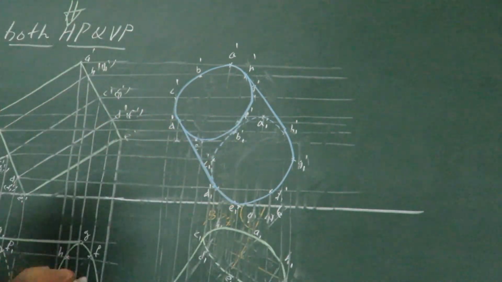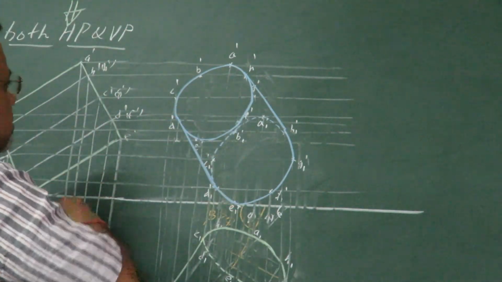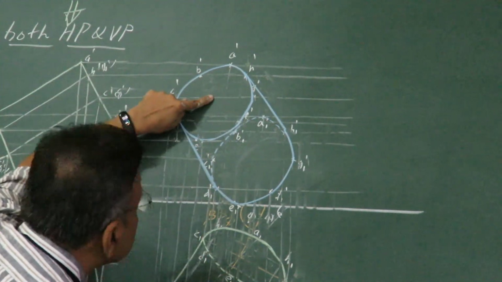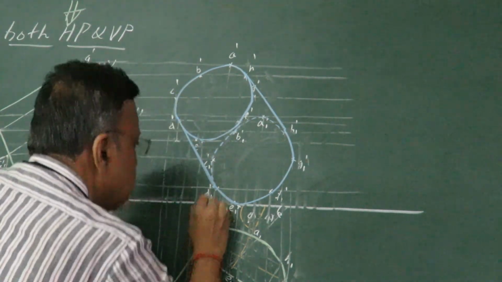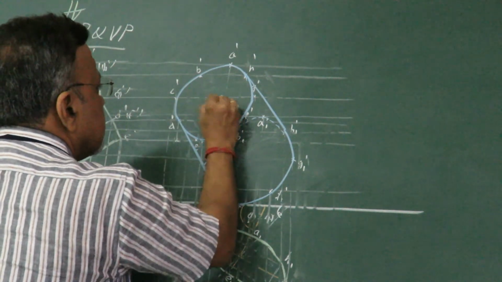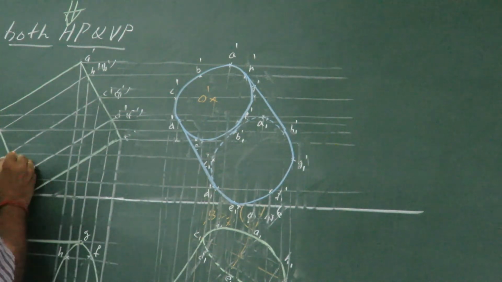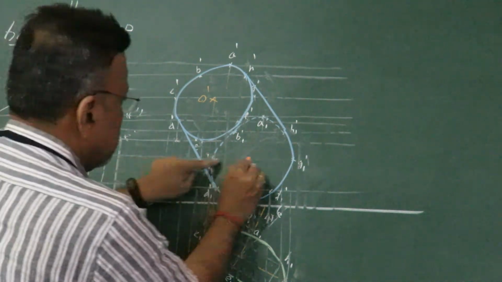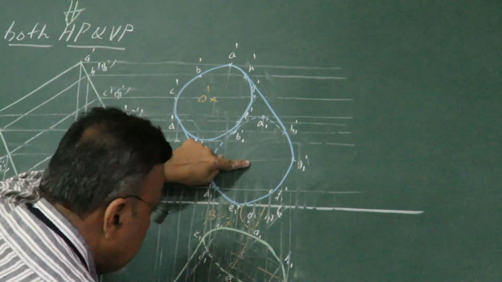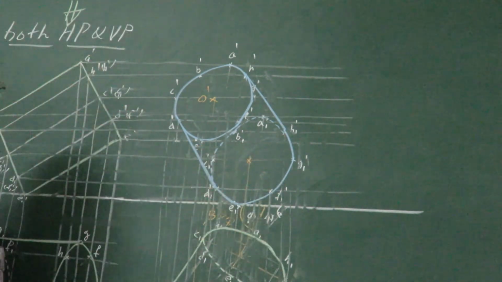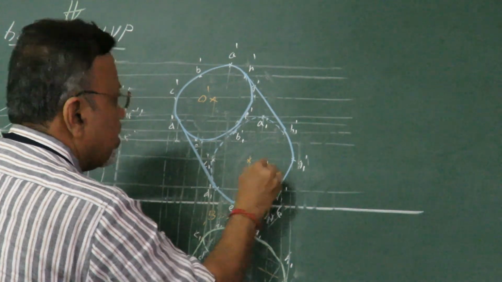Then I can show the axis also as usual. So axis is this point and here this point. You can just see this. This is my reference point. This is, I can say, O dash. Then similarly here corresponds to this. So this projector and here this projector. So this is the other point, that is, I can say it as O1 dash.